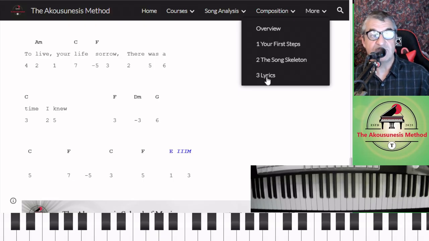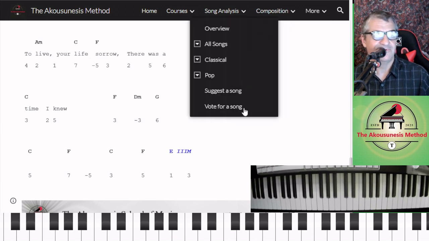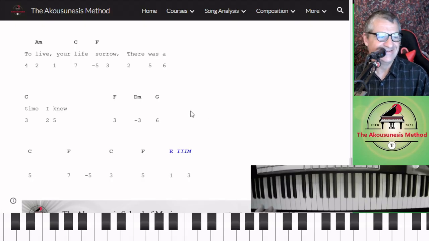So I should maybe break this up into, say, verse 1 lyrics, and then put verse 1, and then anyway, I'll work it out. Don't have to work it out live on the video. Okay, so